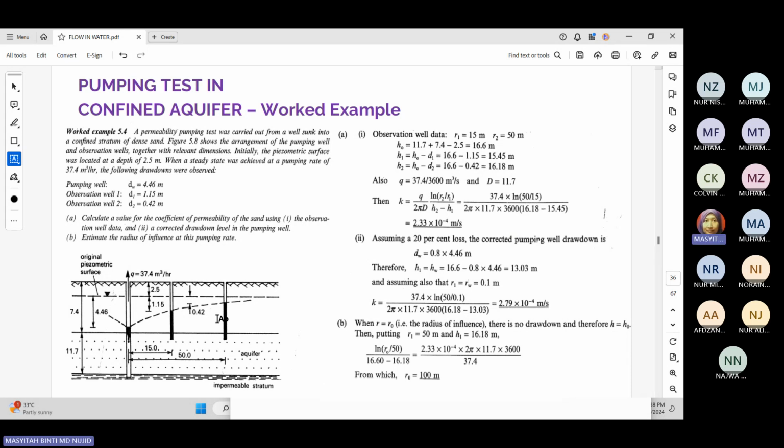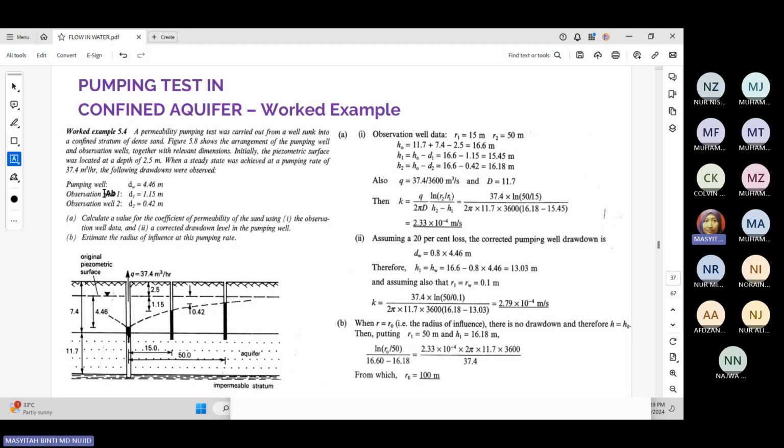Okay, untuk this example, confined aquifer, so kita tengok the problem here. Dalam soalan ni, dekat bahagian gambar bawah ni, permeability pumping test was carried out from a well sunk into a confined stratum of 10 cent. This figure shows the arrangement of pumping well and observation well together with relevant dimensions. Initially, the piezometric surface was located at a depth of 2.5. When the steady state was achieved at a pumping rate of 37.4 meter cube per hour, the following drawdowns were